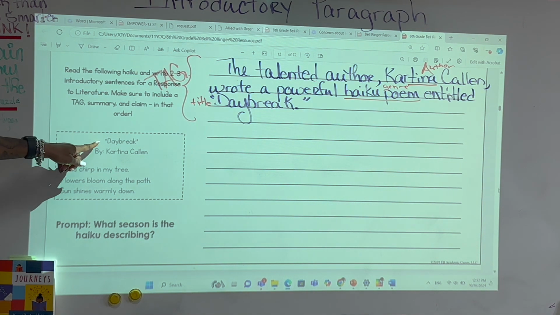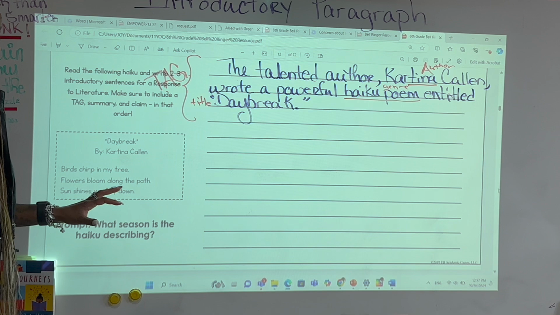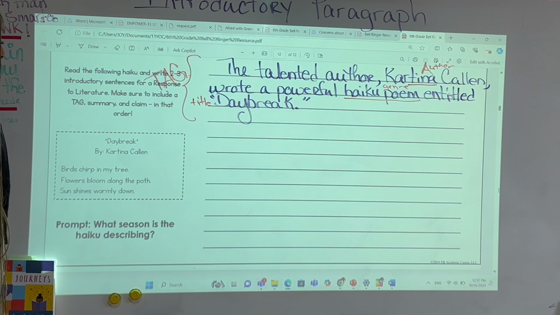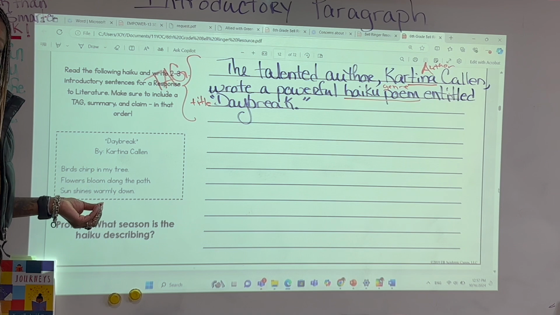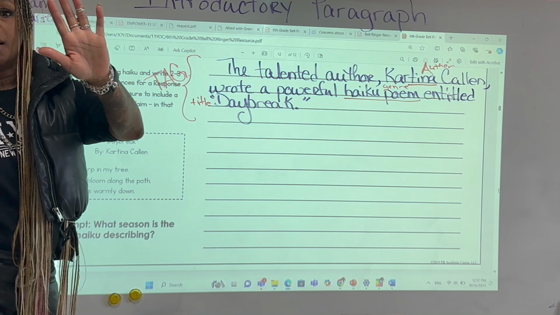So I'm going to say, as the sun awakens, because it got sun shines warmly down. As the sun awakens, its rays begin to illuminate the earth, and make the birds chirp and the flowers bloom. Without writing it word for word. How does that sound? I'm doing some personification. But you can write it your way. You find a different way.